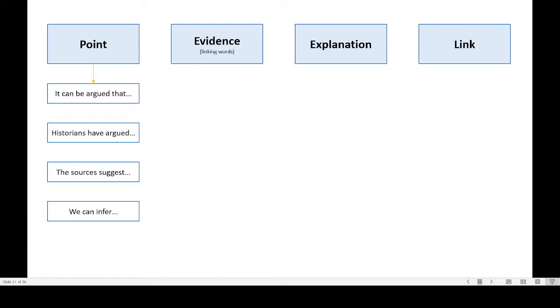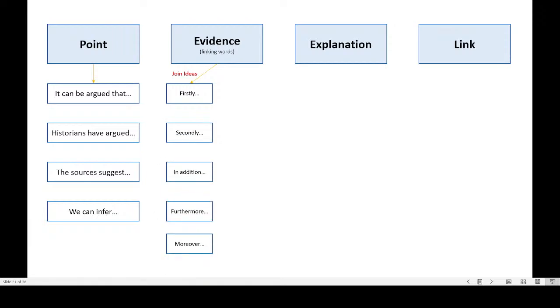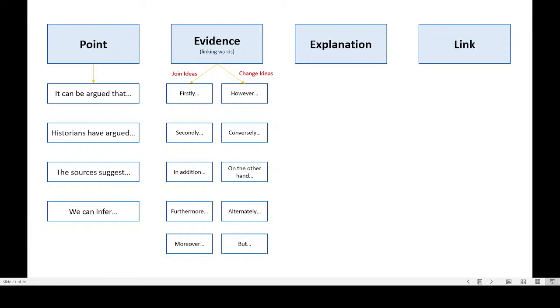When giving evidence, your students are basically given 2 types of evidence to join ideas. So you could use phrases like firstly, secondly, in addition, furthermore, moreover, additionally. Or secondly, when students are giving evidence, it could be to change ideas. So we'll use phrases like however, conversely, on the other hand, alternatively, but. So these are really important phrases that we're using at the start of our sentences that helps really just, I suppose, improve the flow of our writing and helps us actually give evidence to back up the main point of